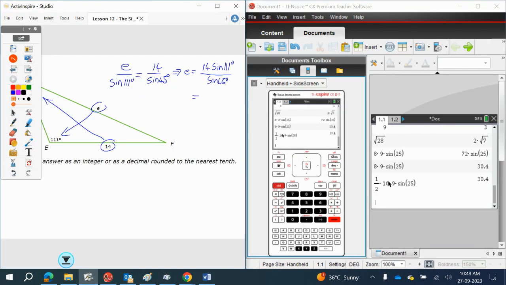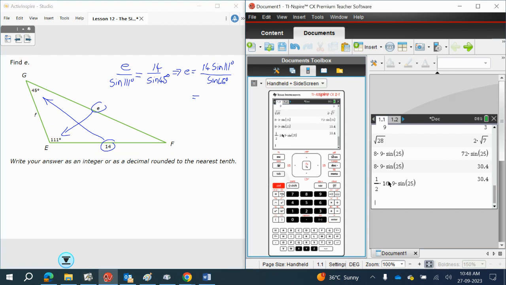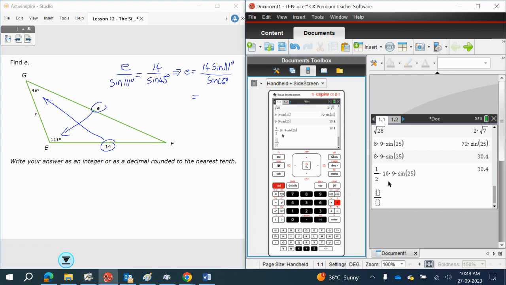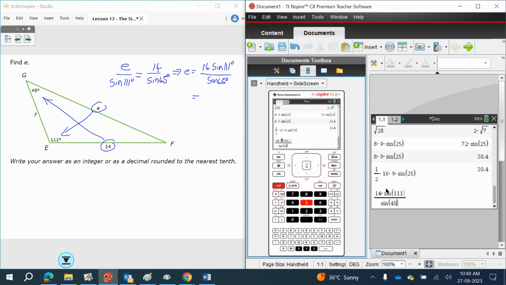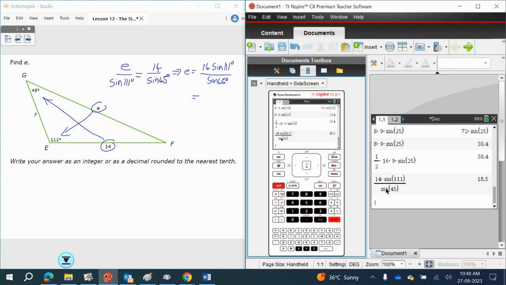Let me do it for the sake of the video on the calculator here. So we need control divide, quotient, 14 times sine of 111 divided by the sine of 45, control, enter. 18.5. If you notice, I've set my calculator up to give me to the nearest tenth for this exercise, reminding